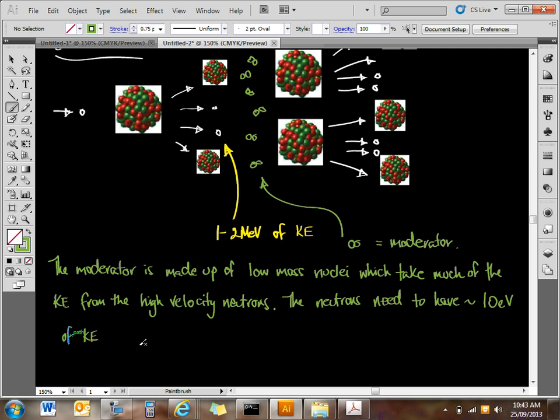And that's just velocity or speed, to cause further fissions. So I need to slow them down, and then they'll cause further fissions. And of course, there's a moderator in here as well, which will go on and cause further fissions. This is what is called a chain reaction, and I'll show you